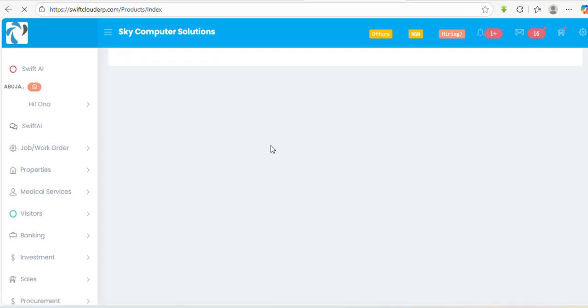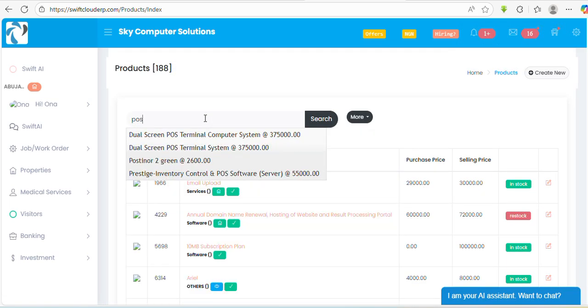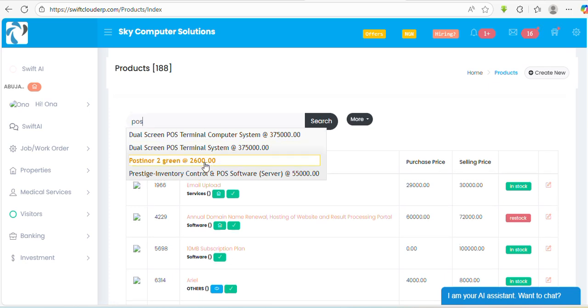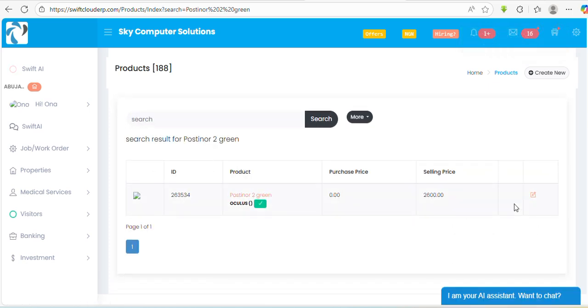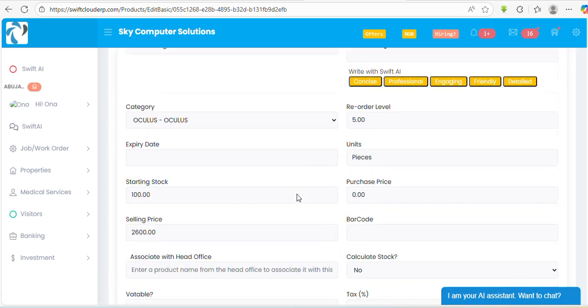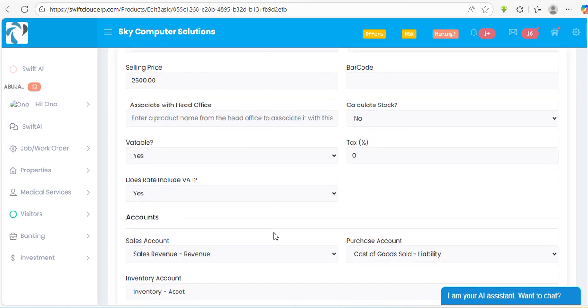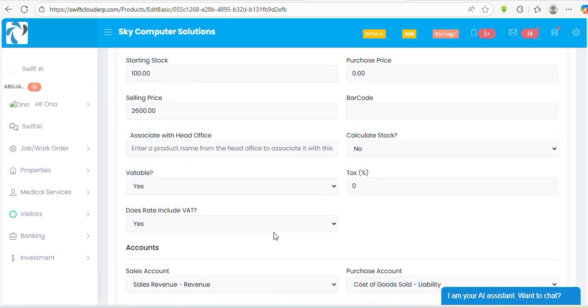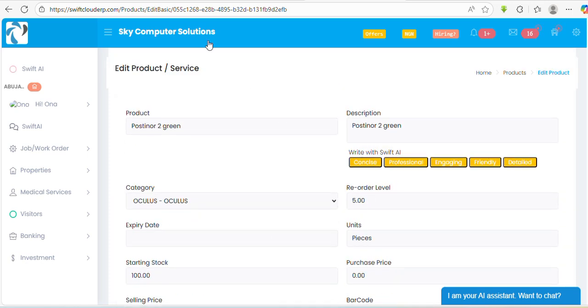You can also go to the product, for example, and search out one of the products here. You can see posting out 2. It's already been added. I can find it in the product. And of course that means you can also edit and make changes to it, because it just added default values to it. You need to select the proper category, stock level, and all the other things that you need to do. So that's just in a nutshell what we keep doing to help our customers,